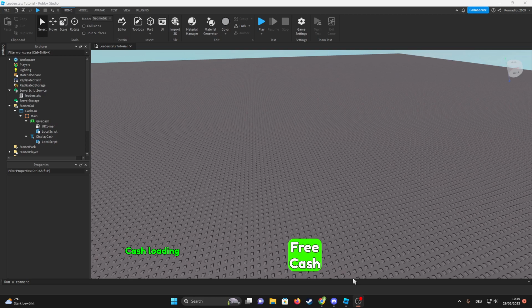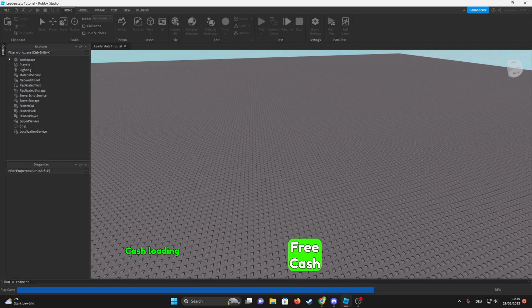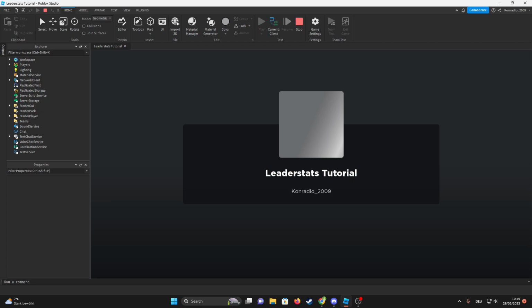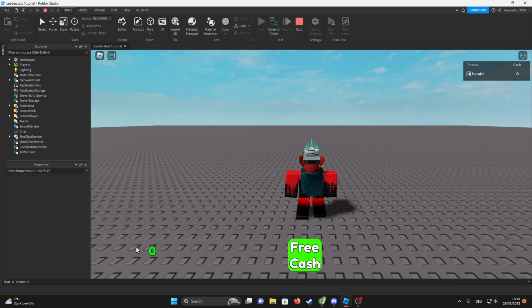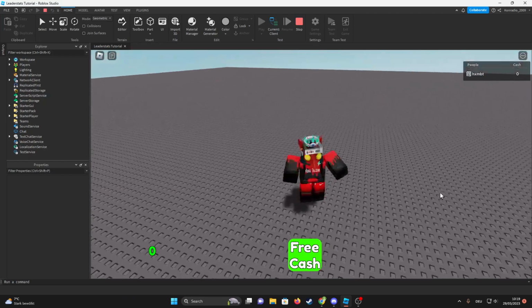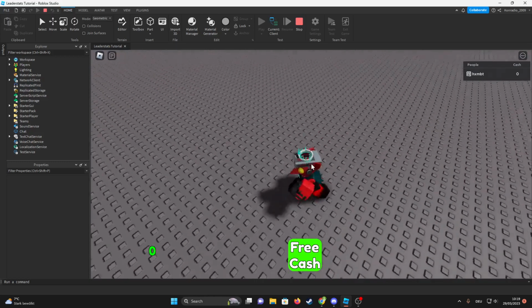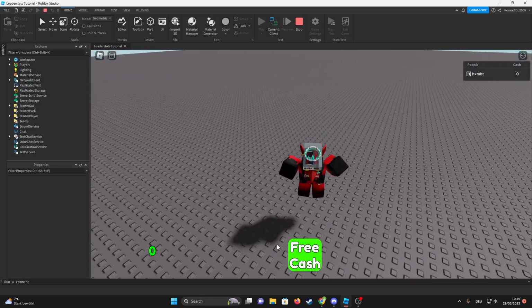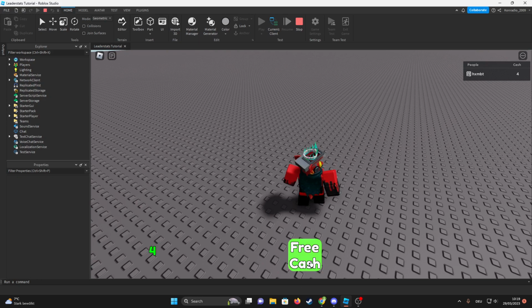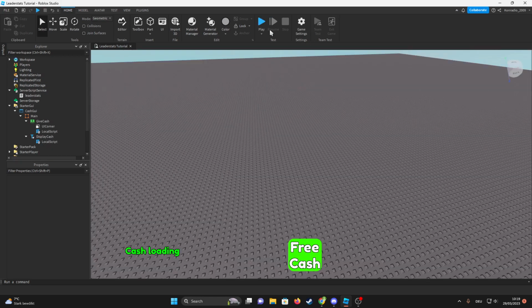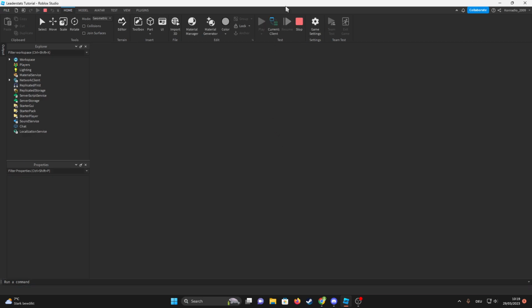Okay, so what we're going to be doing today is making data stores. Last episode, we made it so that if we join the game, we have 0 cash and it displays on a text label. I forgot to save the game before I exited out of Studio, so I had to rename it, which is why it's a little different. We also made a button that gives you cash every time you click it, with a 0.5-second cooldown. Today we're going to make it so that if you rejoin the game,